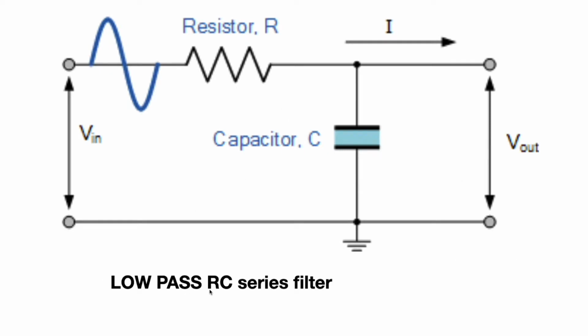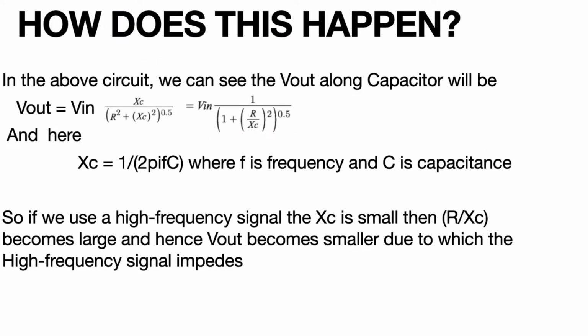This is a low pass RC series circuit, where you can see a capacitor, a resistor, Vout along the capacitor, an input signal, and the current I. How does this happen? In our circuit, we see that Vout along the capacitor will be Vout equals Vin times Xc over